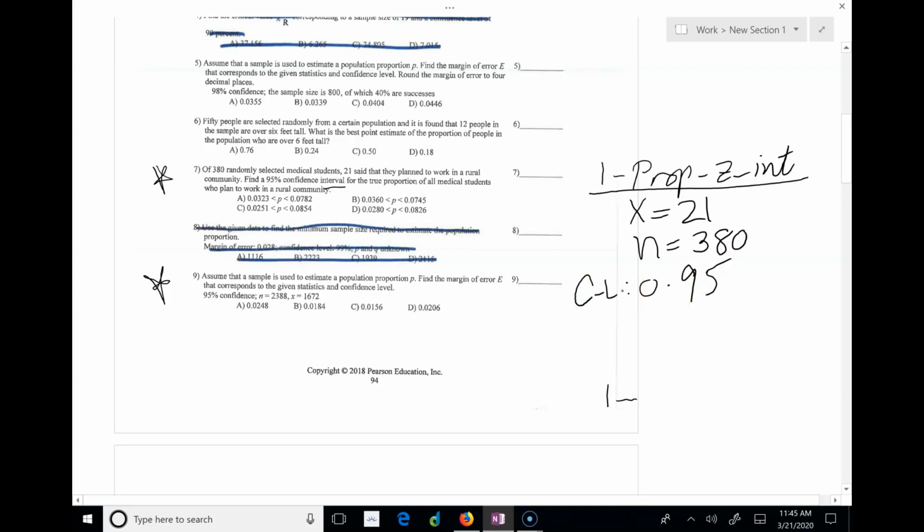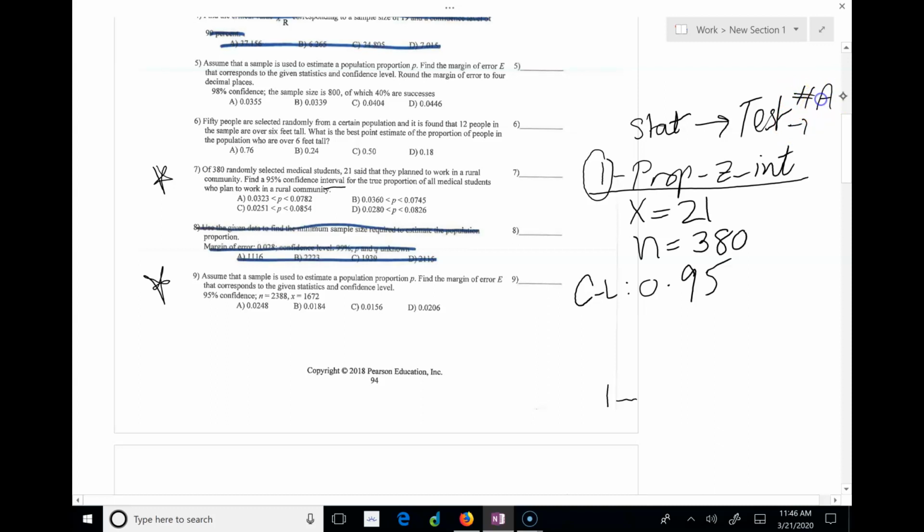All you need is to grab your calculator and then use one prop Z interval. You go to stat, scroll to test, and then go all the way down until you get to one prop. Because it's one population, you just say one prop Z interval,